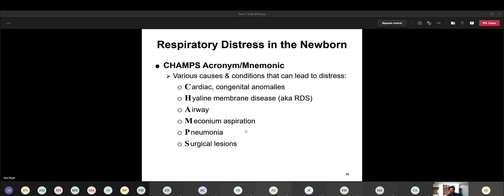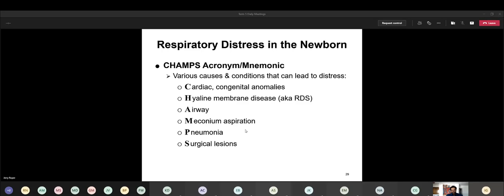Respiratory distress. There's many reasons why a baby will develop distress. And what a lot of people will do is they'll just group things into these categories and say, now that the baby's experiencing distress, it's possibly one of these issues here that's causing it. It could be something cardiac, like heart problems. It could be they've just developed respiratory distress syndrome, which is what used to be referred to as hyaline membrane disease, or HMD. It could be something blocking the airway,